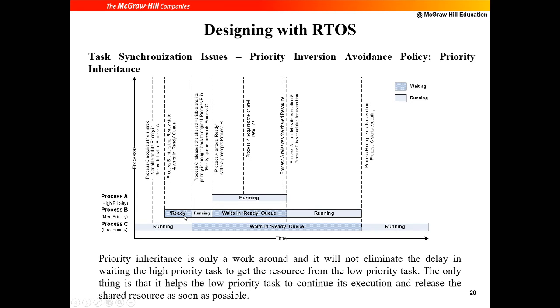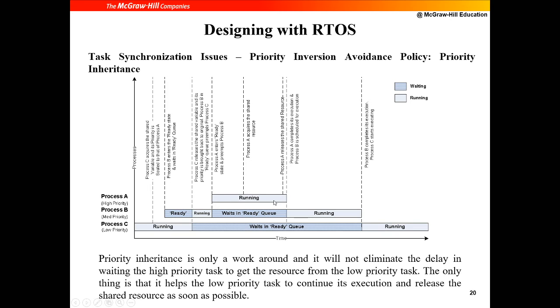In other words, you will say to B, shut up, even though I am a low priority job. C will say, even though I am a low priority job, I have the key to the printer. Now I am the most powerful guy. You shut up, I will finish executing. And after C executes, it will say, now you run. Process B will continue running. After that, process A will preempt B and it will run.